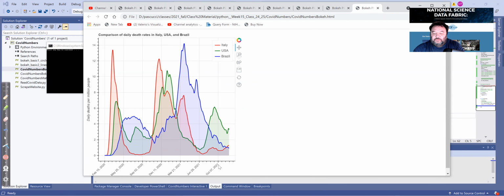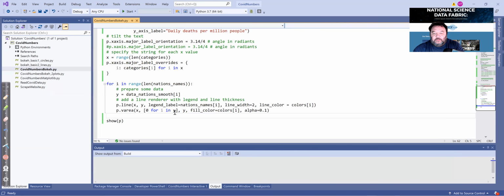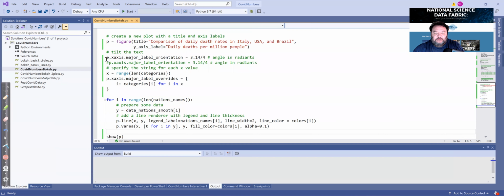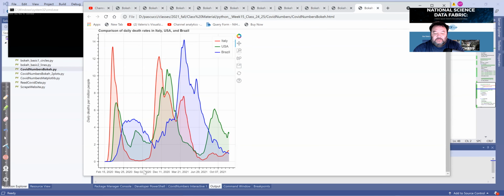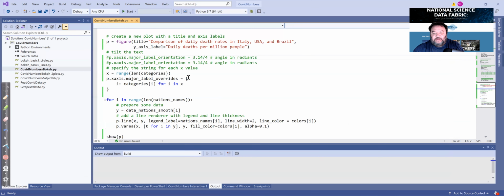So now you notice that the labels here are sideways. Given that those dates are very long, if I were to remove the angle for this, those would be horizontal, and I think it would be harder to read. But anyway, let's look at it, you see that they're one after the other. It gets harder to understand which of the tick marks is associated with each label, even if they don't overlap. And so it's often customary to put an angle. I mean, I could do it vertically, but then they become